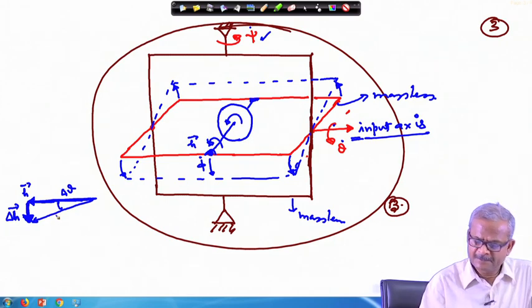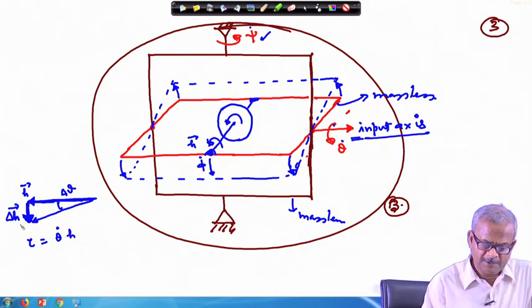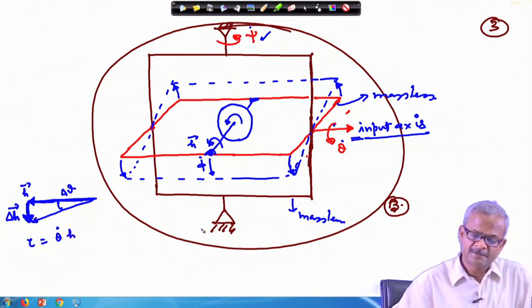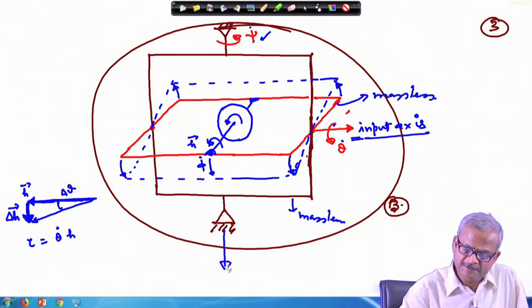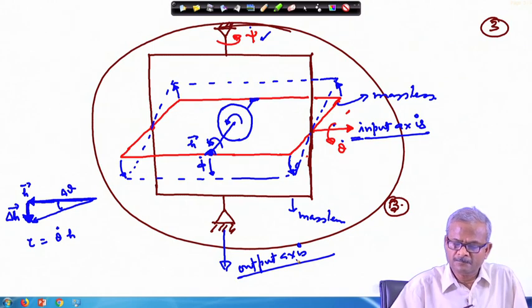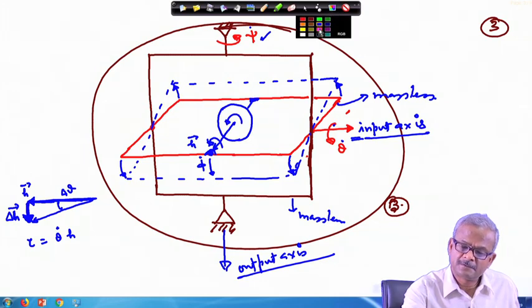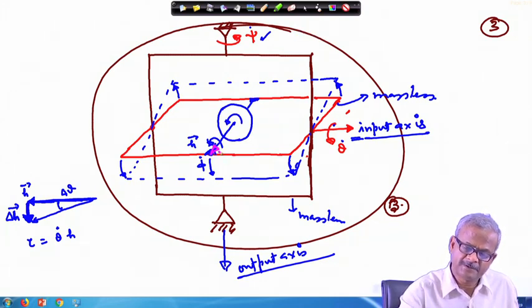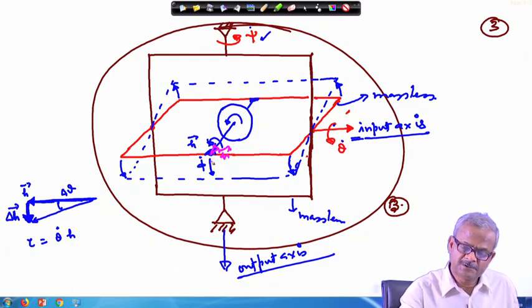So, what we have discussed earlier along the same line, the torque produced will be theta dot times h, but this time the direction is vertically downward. Okay. Means the output axis is along this direction. So, this is the output axis. So, as a result of this rotation, the vector which was here, the h vector, tilts from this position and comes to this position. So, this is your delta h. So, delta h is basically here in this direction. So, this is your torque direction.